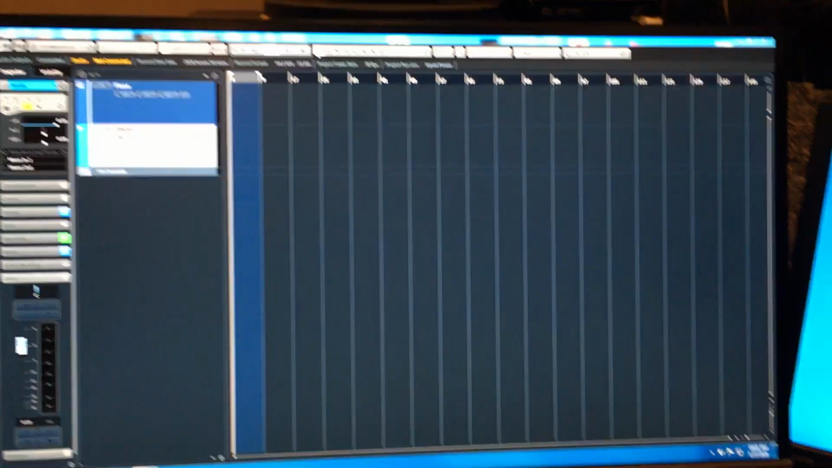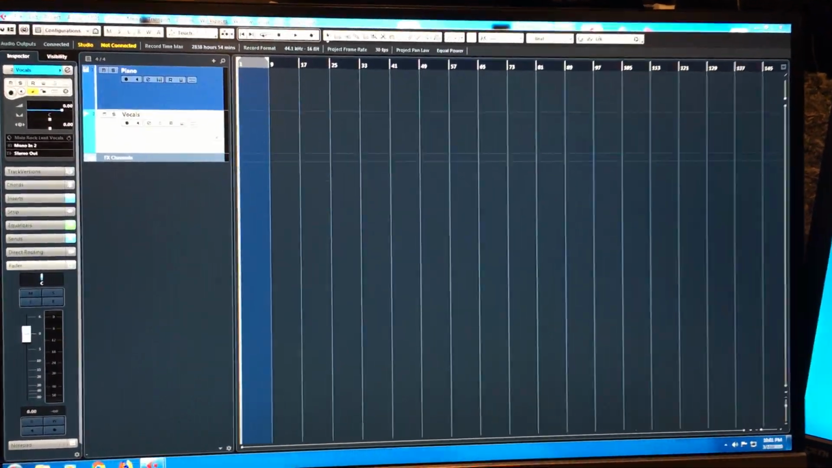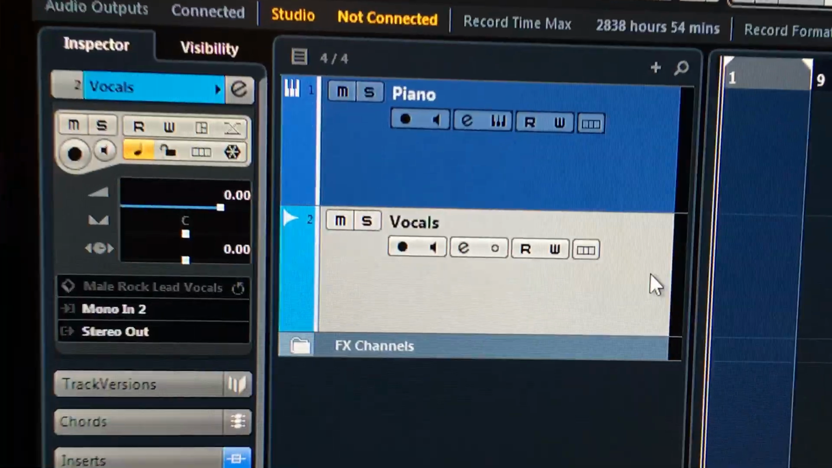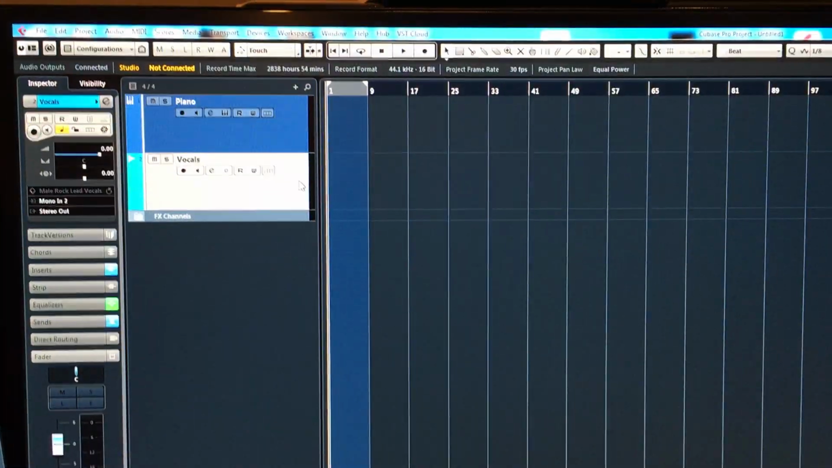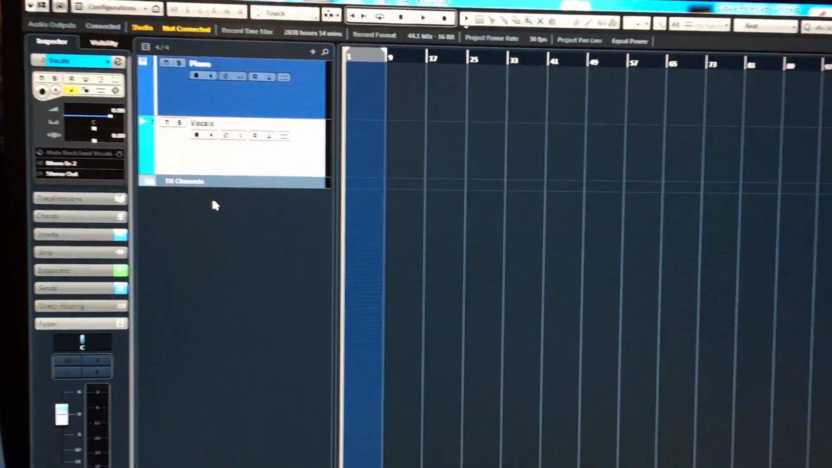So I've got Cubase up, and I've just got a basic template that's stock out of the box with a piano and a vocal. Now, DAWs are pretty much all the same, so you'll figure out how to get these concepts into whatever DAW you've got. But